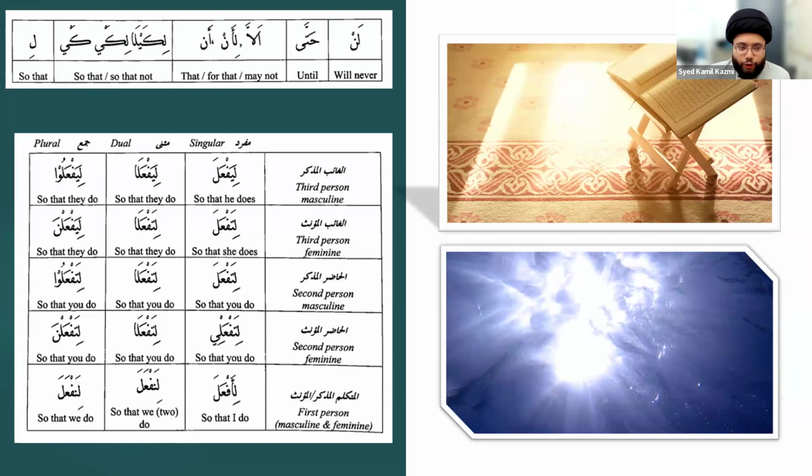In a very similar manner, you should be able to look at this particular chart and understand it and have it memorized in the sense that if somebody was to tell you what this chart is for, you should be able to answer what it's for and be able to say, okay, for example, what is the dual, the muthanna, of the second person masculine? You should be able to answer that. Similarly, if I asked you what is the second person feminine for the dual, you should be able to answer that. Okay.